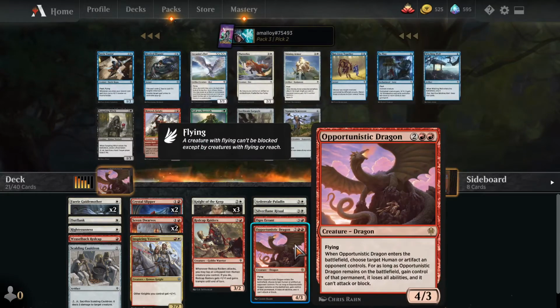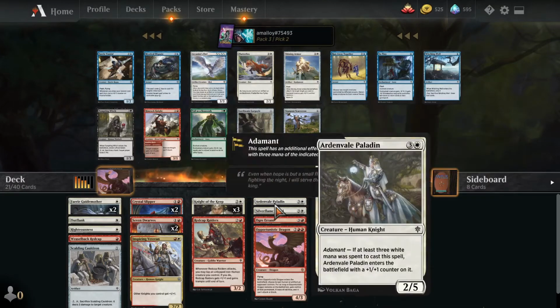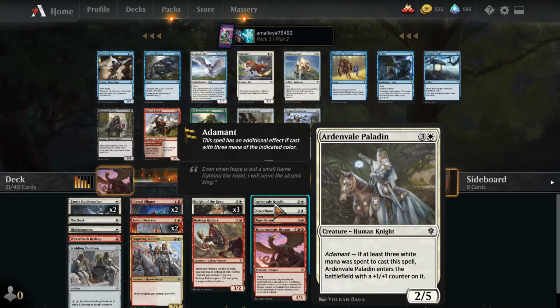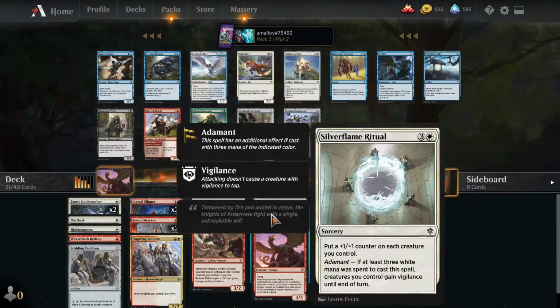And okay, you can put it on the dragon. Wow, amazing. That would be kind of okay, but it's a 4/3. You don't really want to block with it that much anyway, so how much does Vigilance matter? Not much, I would argue. So Ardenvale Paladin would be, I guess, the main target. Optimistically, let's say a 3/8 if I put that on him. A Vigilant 3/8 is better than a non-Vigilant 3/8 for sure. But I might just want...